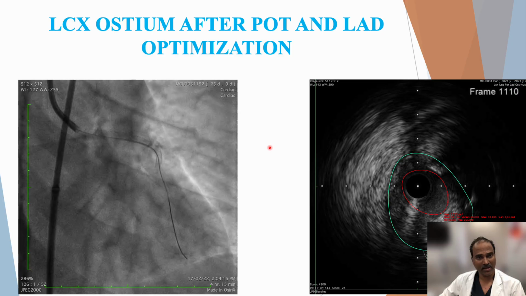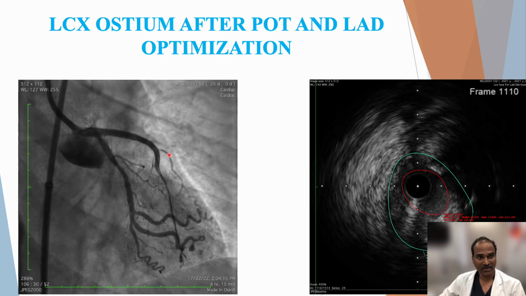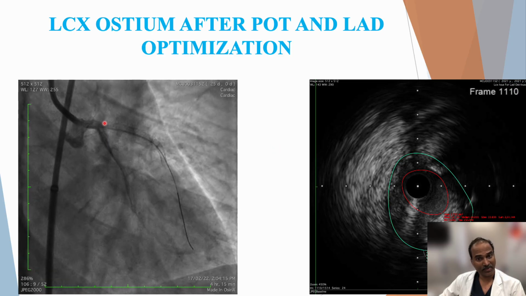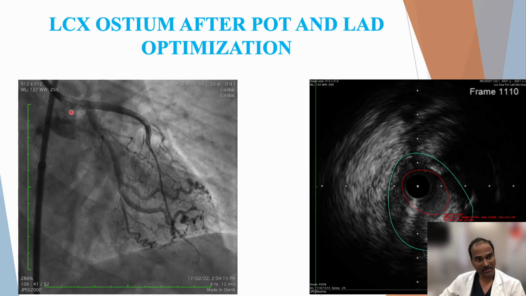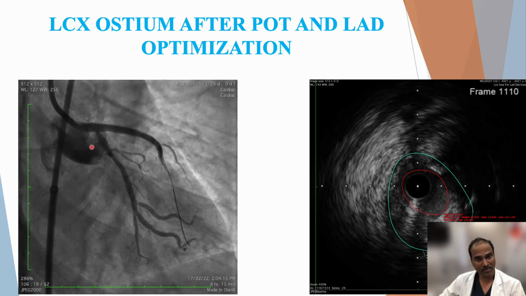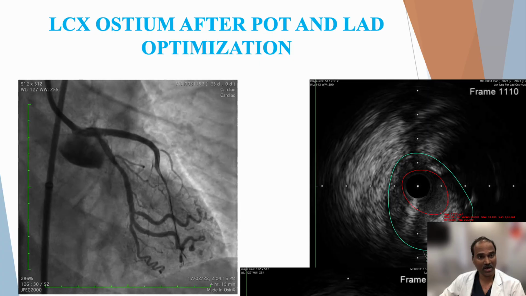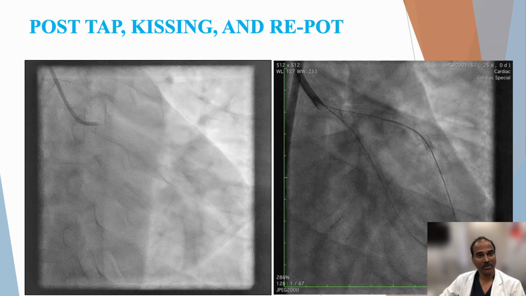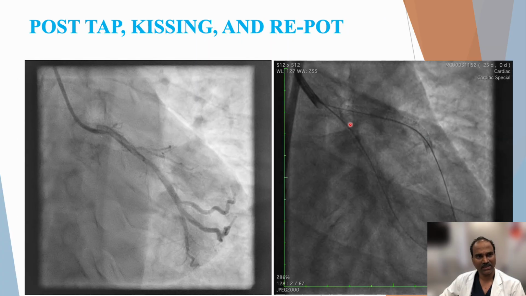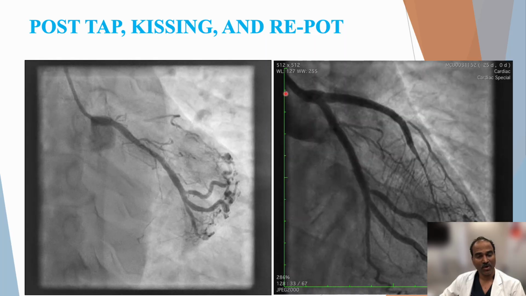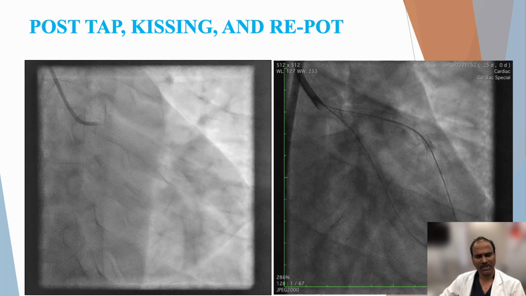and we externalized the retrograde wire, and then we stented from LM to LAD. Despite all the care, you can still see the LCX ostium is compromised because of an intramural hematoma which was created in the course of reverse CART. That's a problem which can happen. So we had to stent even the LCX in this case. So ostial LAD is completely